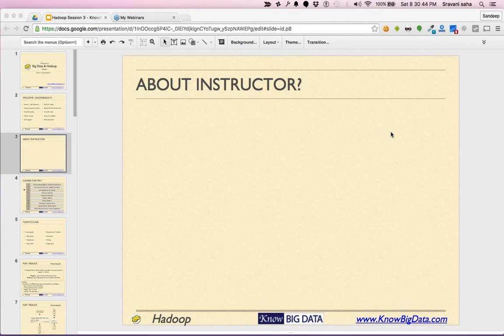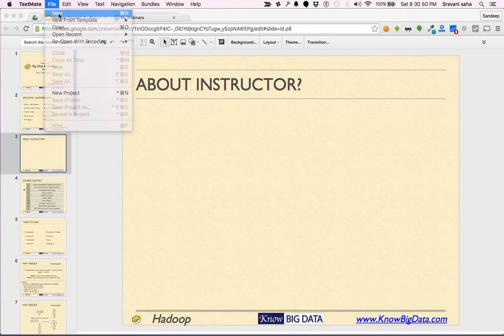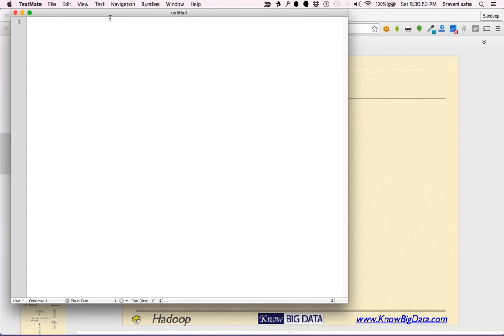And also please note that I really apologize for what happened last week. While I was relieving the old cloud labs, we were moving to the new cloud labs. I had deleted the NoBigData website. So we had to restore it to a 1 week old version of the website, which means we have lost your work of 1 week. We have lost all the changes of 1 week. So I extremely apologize, and it was a big blunder on my part.